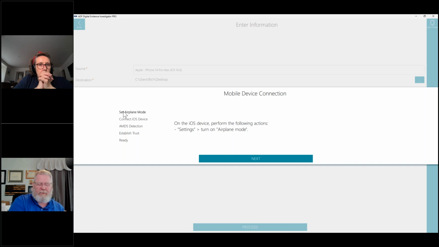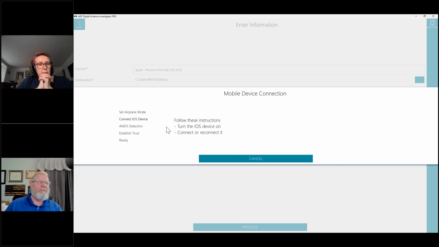With airplane mode off, you are going to see things in the cloud. If they have things in the cloud that you need to see, that you need to record, then airplane mode is going to have to remain off. But your victim is sitting right there with you, or your witness is sitting right there with you. So the chances of them sending a command to the phone to wipe it are pretty slim to none. And like I said, you know your case better than anybody. And if that were your thought process, you probably wouldn't be sitting here with that much trust. So airplane mode is a decision that needs to be made.